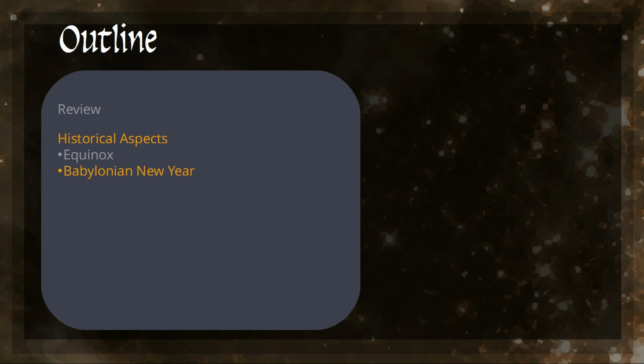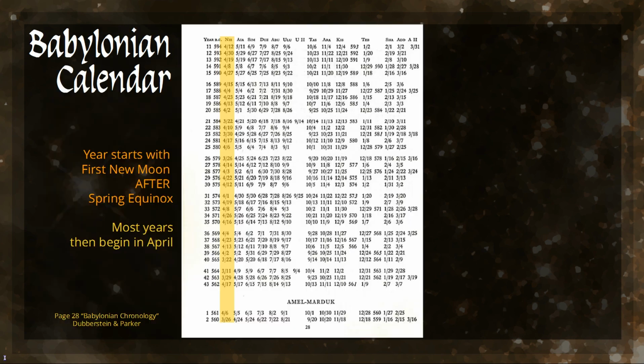Next, let's discuss the New Year rule for the ancient Babylonian calendar. This calendar was in use around 600 BC and lasted until at least 75 AD in the modern area of Iraq and Iran. According to Stern, in his book Calendar and Community, the rule to begin the new year was the first new moon after the spring equinox. Their New Year festival, a spring rebirth called Akitu, must happen after the equinox.